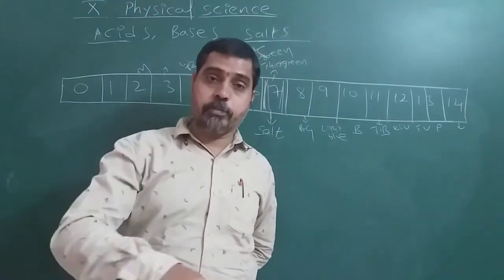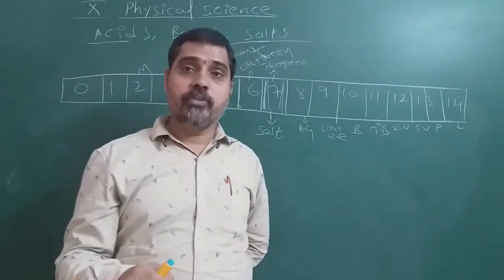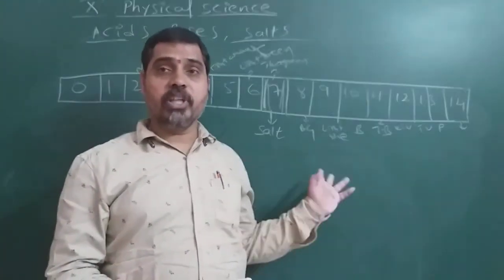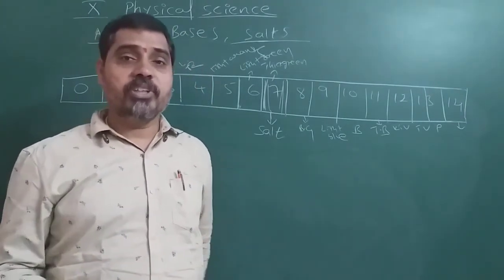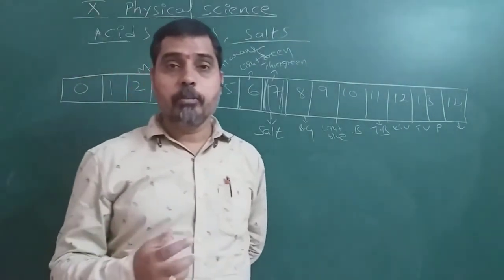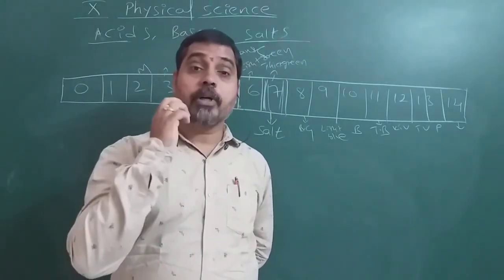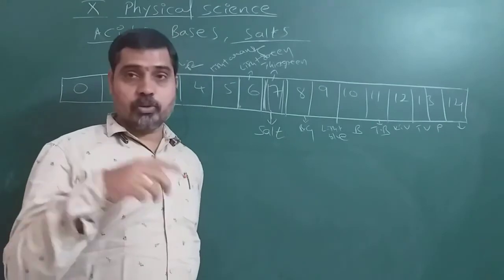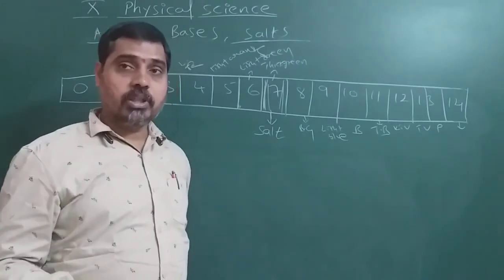Whenever we dip that pH paper in the solution, we will get a color. Depending upon the color, we will decide whether it is acid or base. In that way, we will come to know whether the given solution is acid, base or salt, with the help of a scale known as the pH scale. P means potenz, a German word, which is nothing but power, positive power. So if we dip the pH paper in the solution we have prepared,